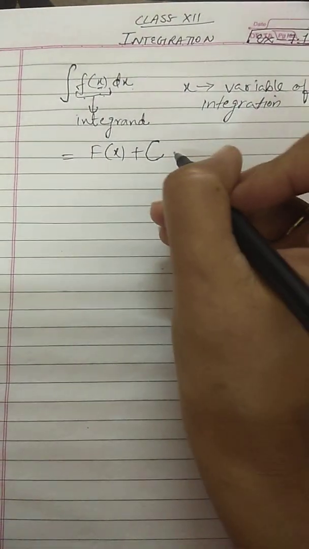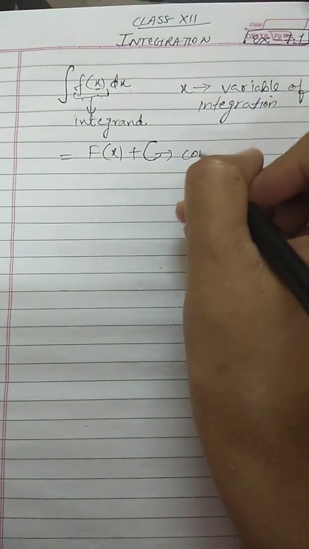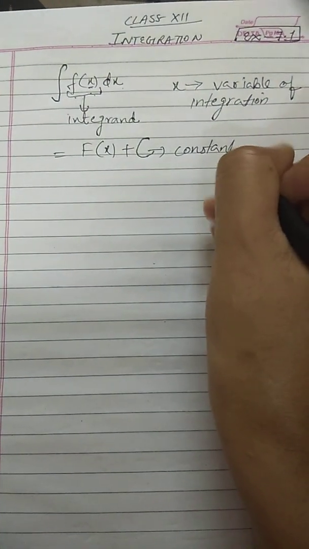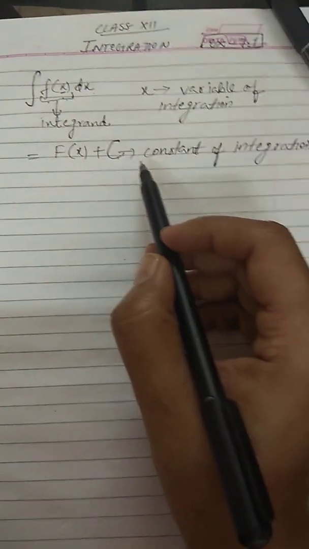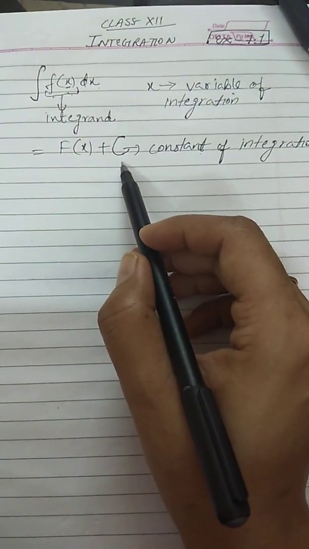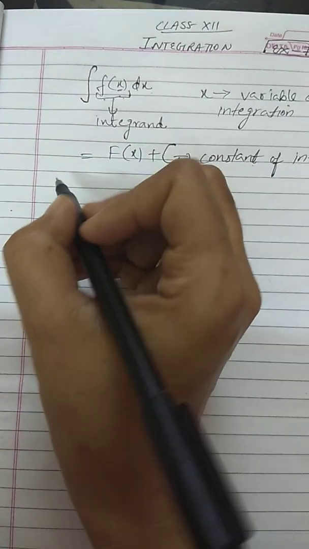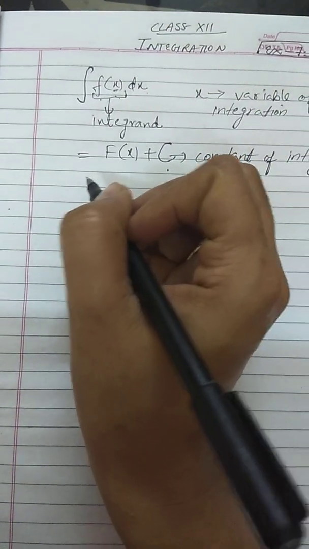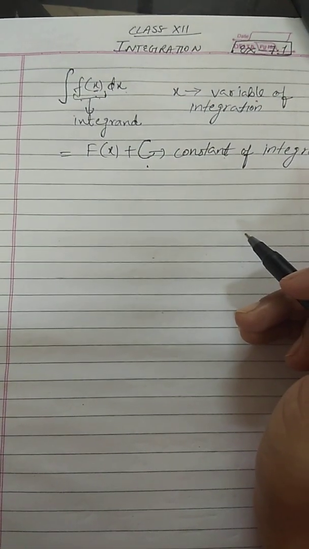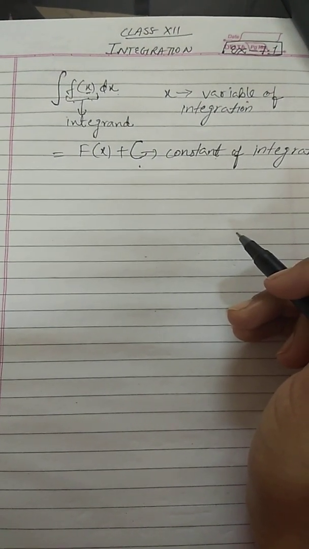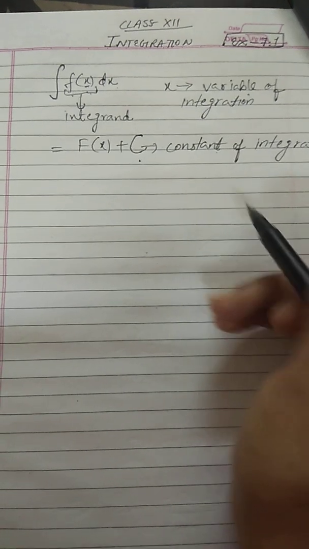we always write down, and this c is called the constant of integration. I made the concept very clear why we write this constant of integration, and here we will discuss a few more sums so that people can do the exercise easily.